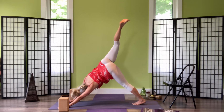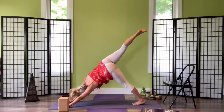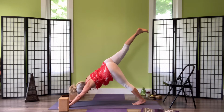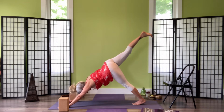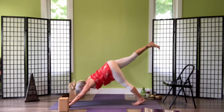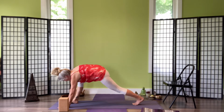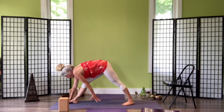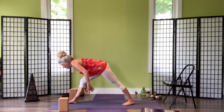Look at this beautiful rotation going through the whole spine. Then keep your leg lifted wherever it happens to be. Maybe it's lower. And then rotate everything back. Try to keep your leg at the same height that it's at. Level pelvis. Here we go. Sweeping the leg forward. Step. Turn your back foot. Step in a little bit and turn it towards the top left corner of your mat